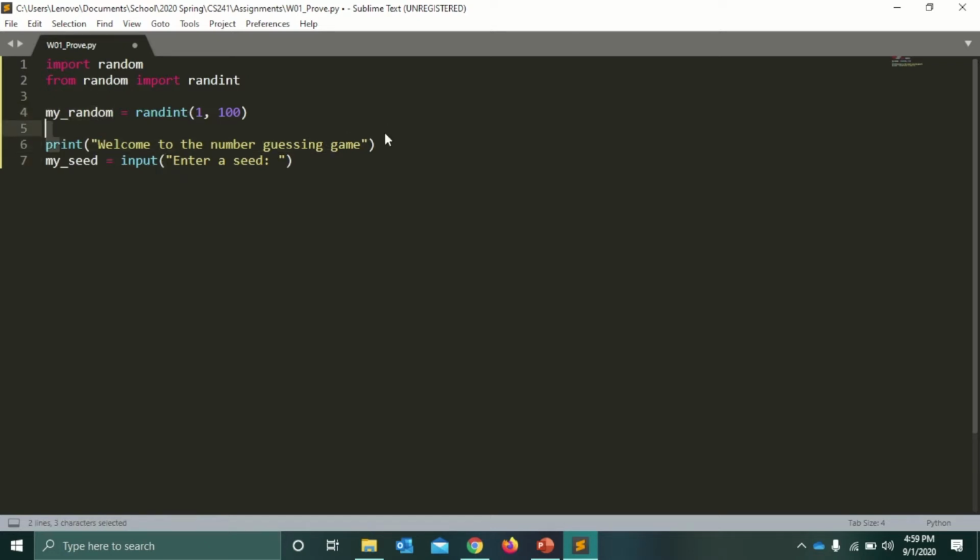And now it's going to print welcome to the guessing game and my seed input enter a seed. So you're going to type in, I think the class tells you to use cat. So you input cat, and then you're going to have another space that says something like,